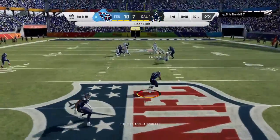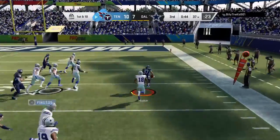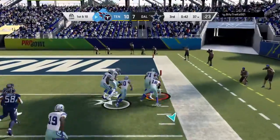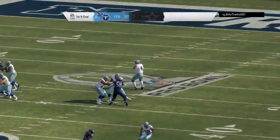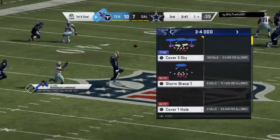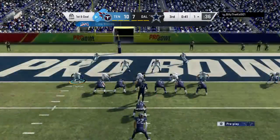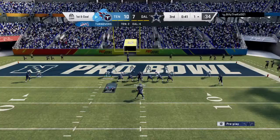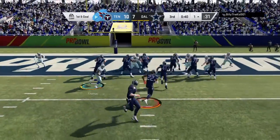Looking for Austin, intercepted. Picked up by Amani Hooker. And he is not quite going to make it all the way in. They'll mark him down right about the 1-yard line. A great pick, nice return, but you know he's just beating himself up inside for not getting all the way in. No doubt about it, because he had visions of...